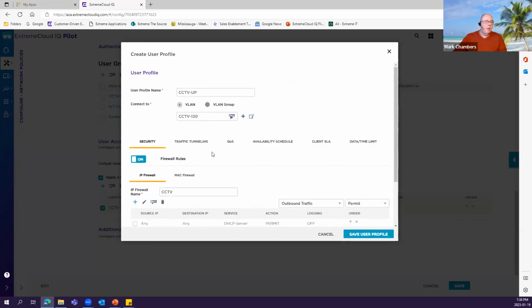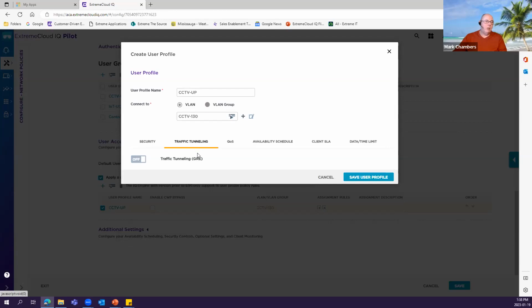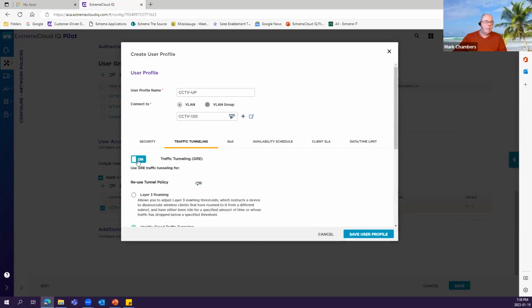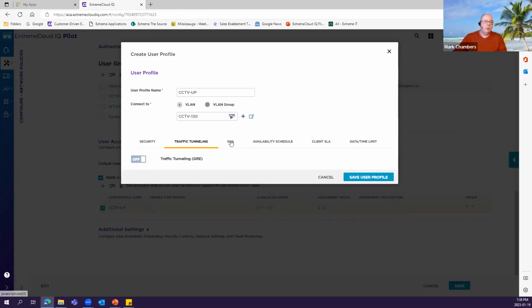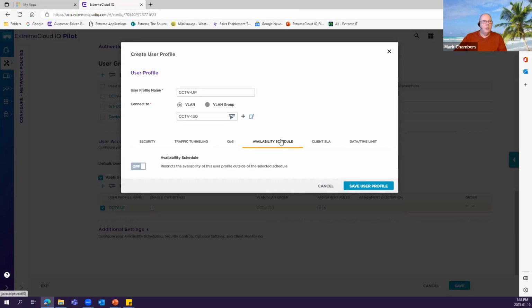Okay. Other things you can do in here, if you haven't configured these before, I can tunnel traffic to maybe a DMZ, so I can set up a tunnel and send that traffic off. I can build quality of service profiles, availability schedules. So maybe these are only available 6 hours a day. CCTV cameras, you probably want them on 24, so I'm not going to set anything like that. I can set SLAs,